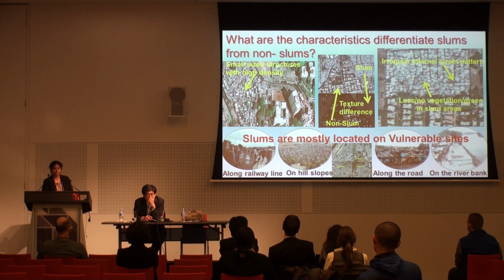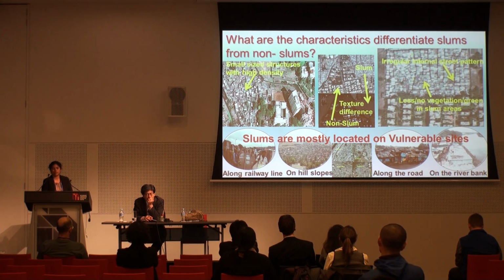Whereas the non-slums, slums with little shadow are very congested areas. And here you can see that non-slums have more vegetation, whereas slums have a lack of vegetation or sometimes little vegetation. And mostly they are located in vulnerable areas like close to the railway lines, transportation lines, or along the slopes, or along the major highways, or along the river banks. You can see in the image, near the canal water source, near the river, near the major highways and